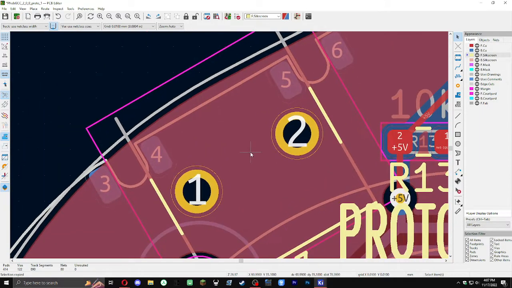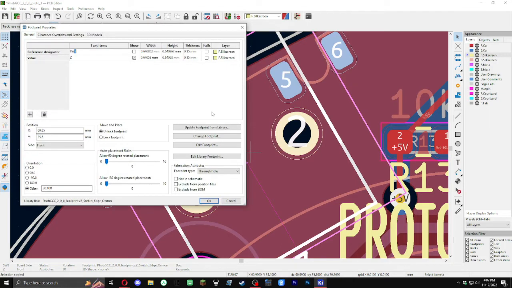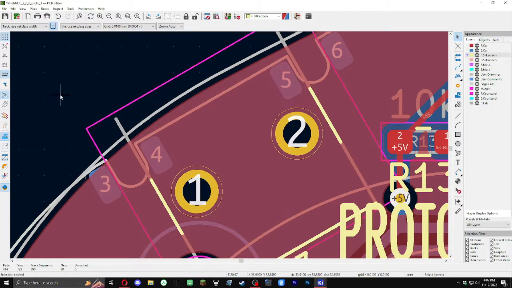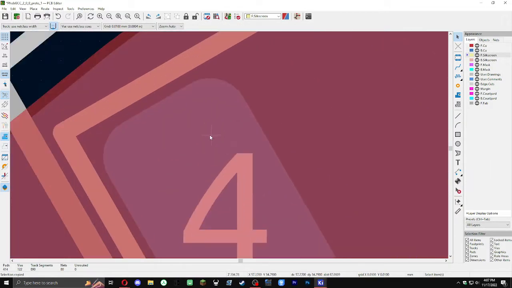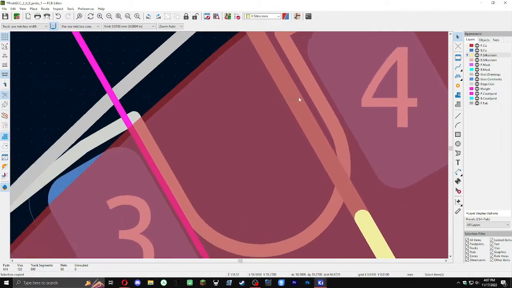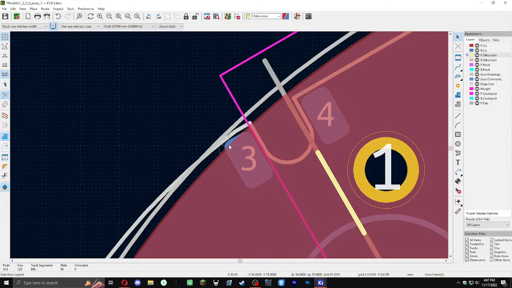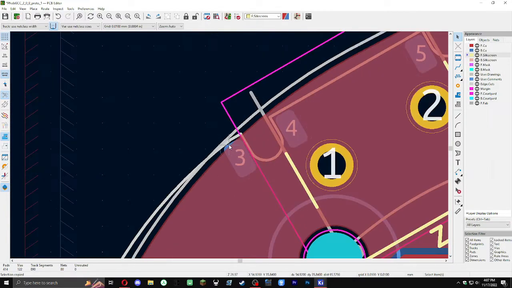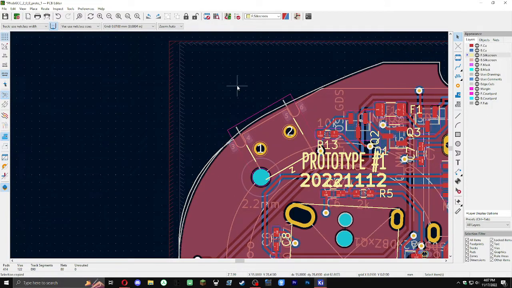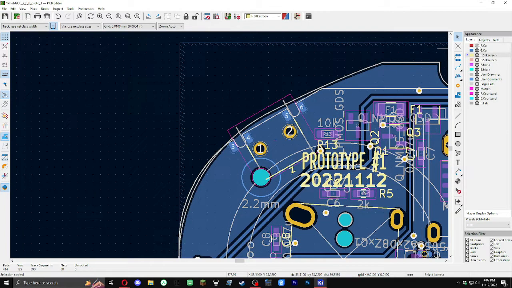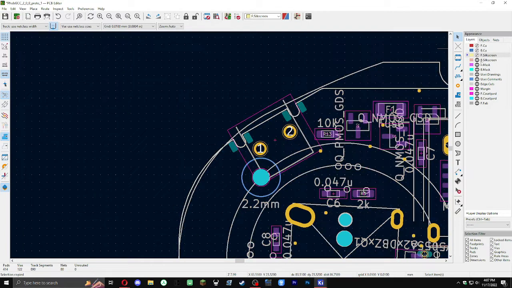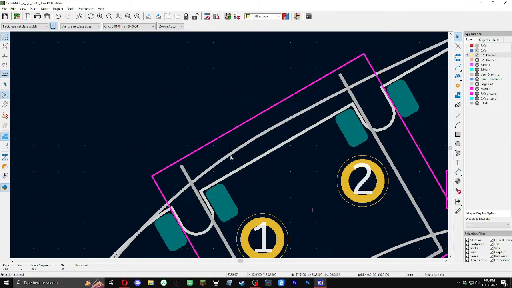Okay, next, properties, and then get the Y to be the same, 35.505. I was super close on my eyeball, and just make sure that that looks clean and that there's no overlapping going on, like right here. I don't think, oh wait, no, that's fine. It's not overlapping with the edge cut, it's just overlapping with the drawing. So if I, yeah, see, it's just the edge cut that you want to be